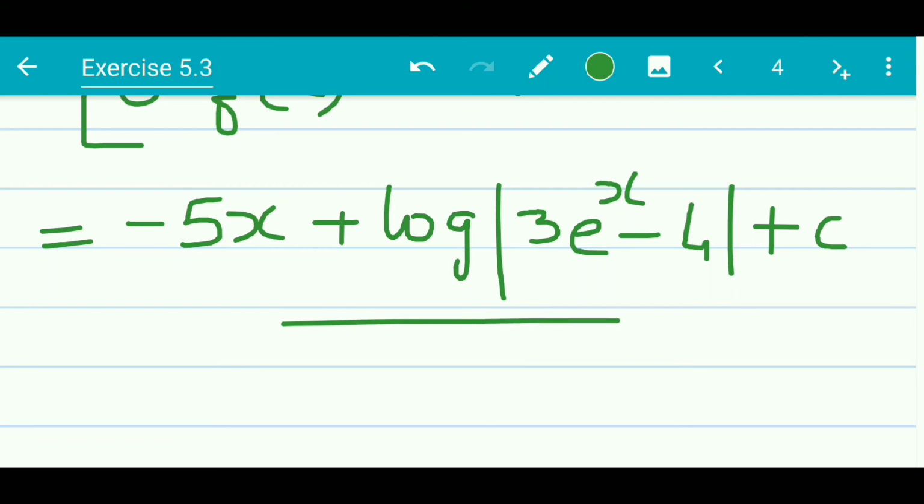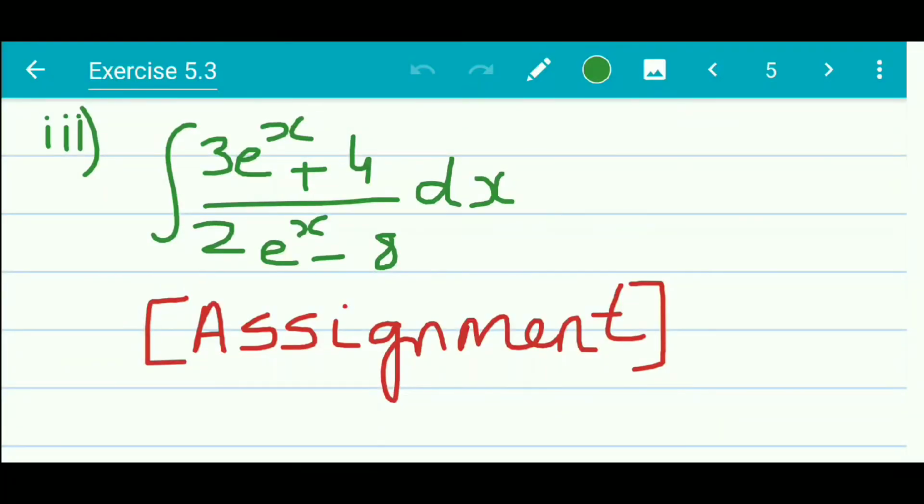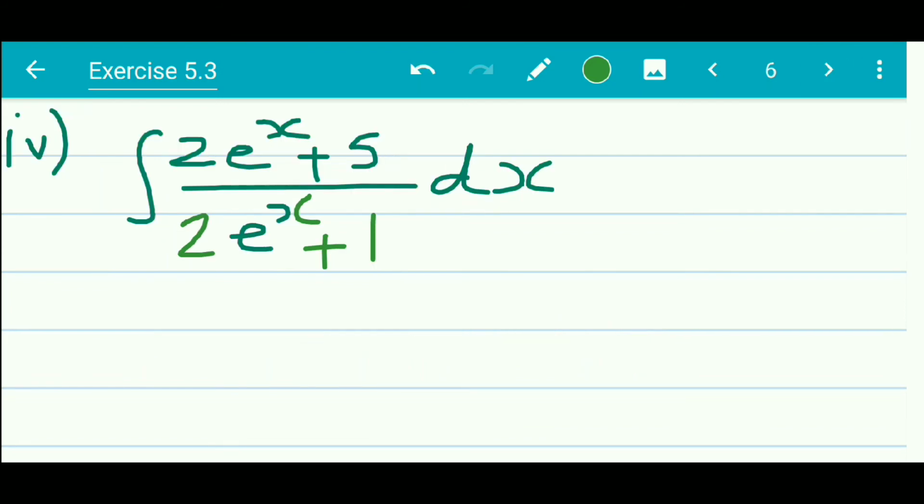If you can understand the formula, nothing like it. You can always save your time by using the formula that is there. The third sum, you can try it out as assignment similar to the first and the second sum. We move on to the fourth sum. Now the fourth sum, maybe you can do it along with me. By now you must have understood the method.